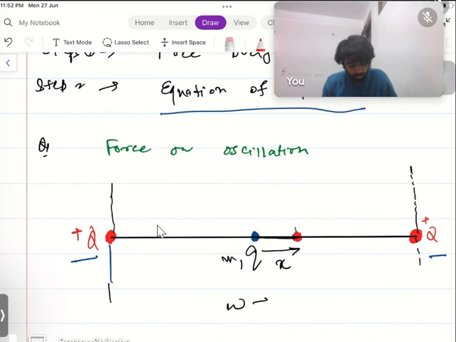Omega, they want to ask. Again the same thing, because now you displace this charge by a small amount of x. Now at this instant this charge is here, right? Now let's say initially this total distance is, let's say, 2L,